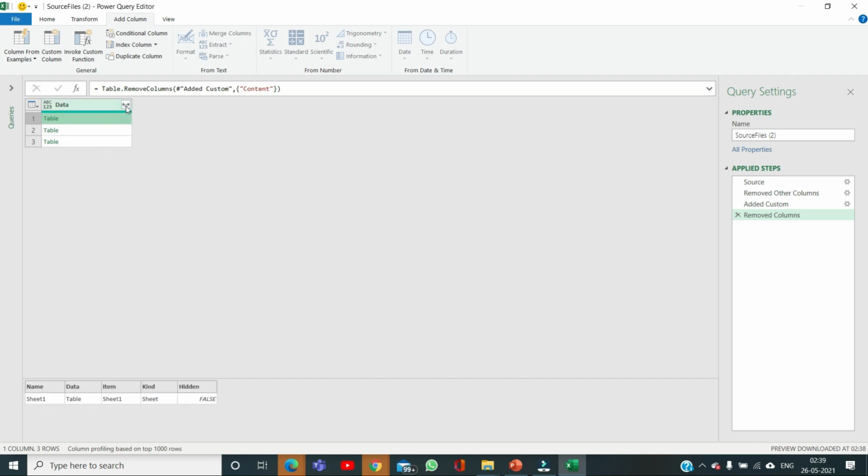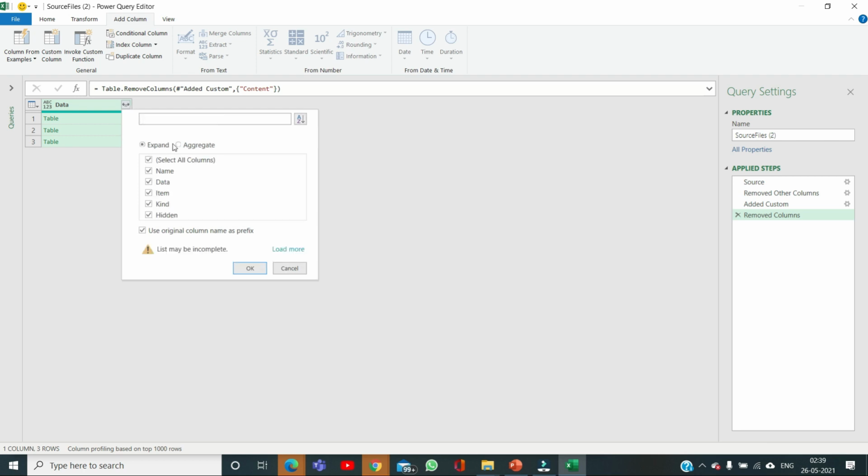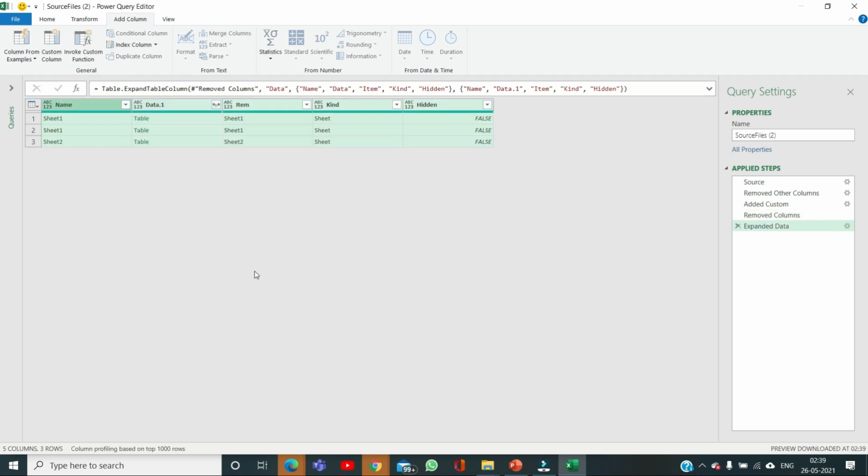To get it, I will expand it. And to expand, I will remove this tick mark, as it would just unnecessarily add the data name, column name into the expanded columns. So I am clicking on expand columns. Now you can see that all the columns are imported and expanded here.